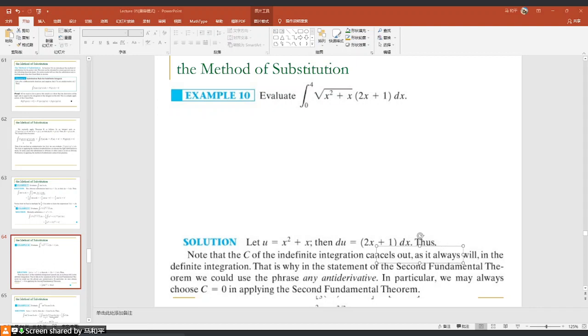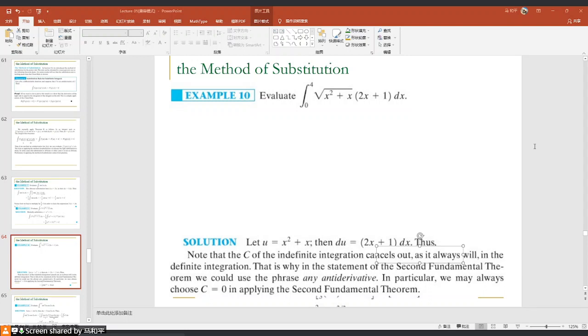Okay, I see Lily's answer. Wow. That u is x squared plus x, and du is (2x plus 1) dx. And first, she calculates the indefinite integral, which is equal to the integral of u